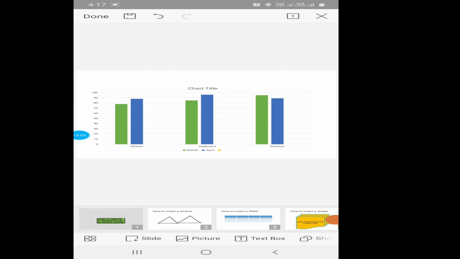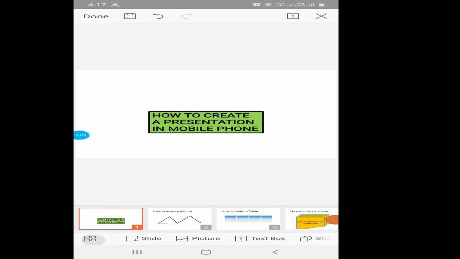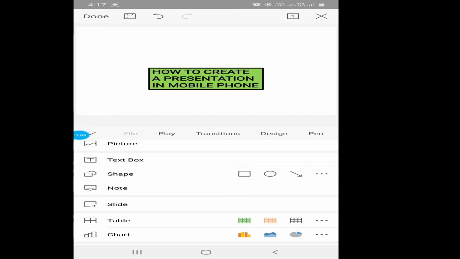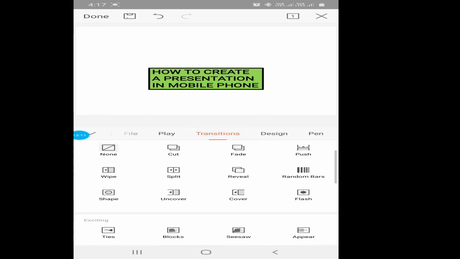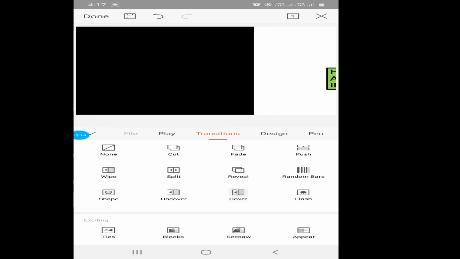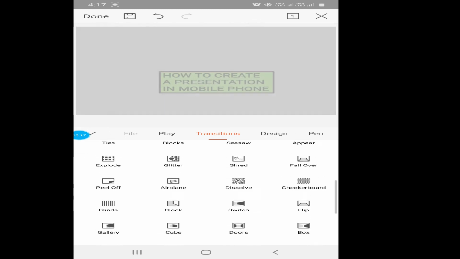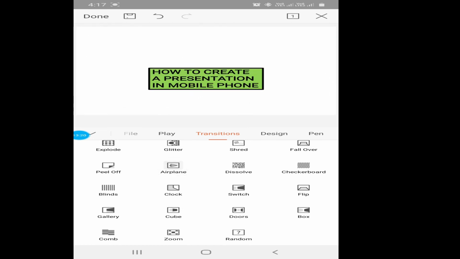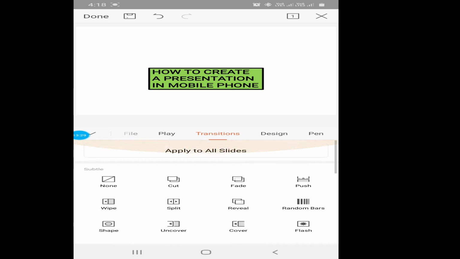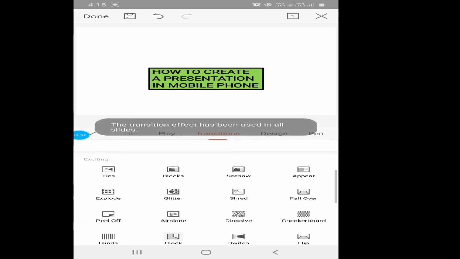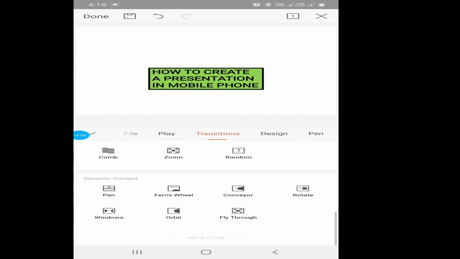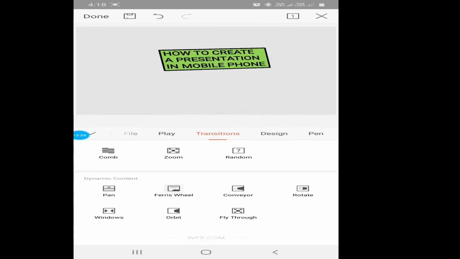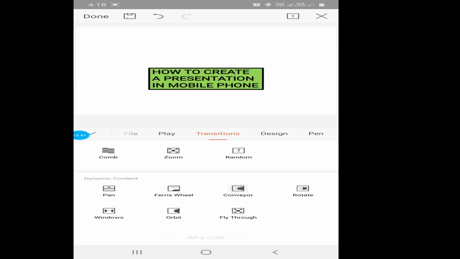So here we have many slides, right? You will go to this part first, click on insert, and in that you can select any of the options. You can see here many options are there which you use in your presentations, right? I want to apply the clock. If I want to apply it to all, then I have the option of apply to all the slides. Okay, then we have many options. You can see here that many options are coming over here, right? It depends on you how you want it in different slides.